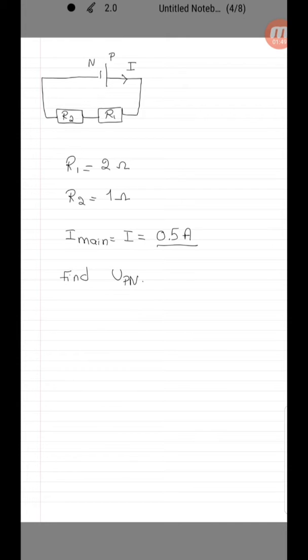Now, if I want to use Ohm's law, UPN, which is the main voltage, equals R equivalent times the main current, which is I. Now, R equivalent, I need to find it. So, how to find R equivalent? I have R1 and R2. Since R1 and R2 are connected in series, then R equivalent is equal to R1 plus R2